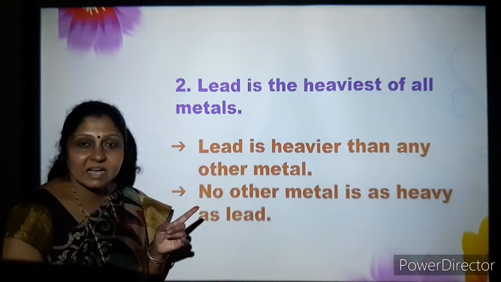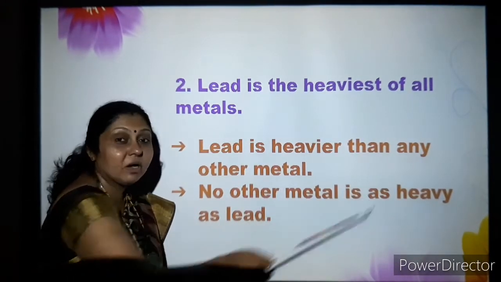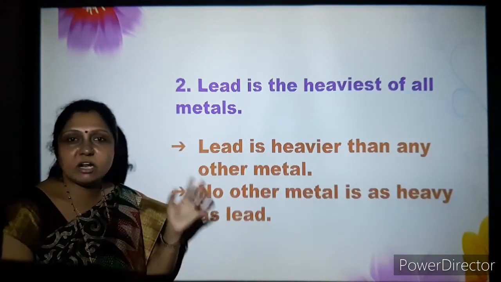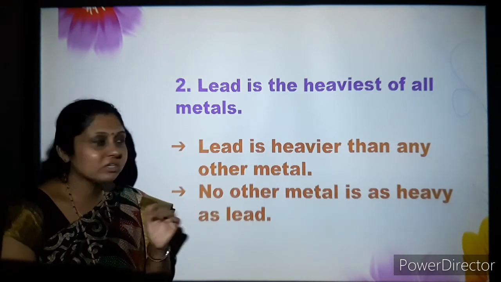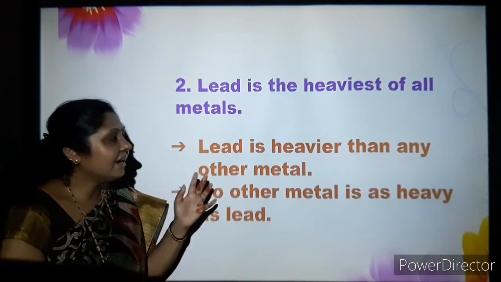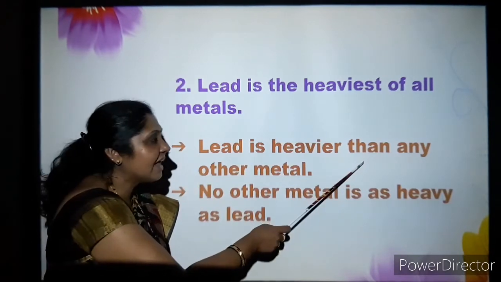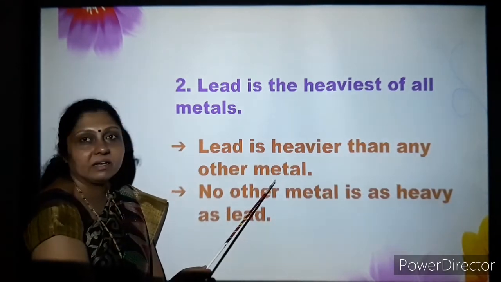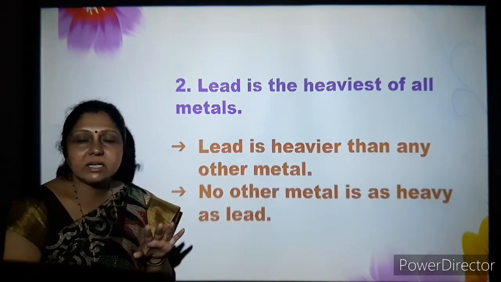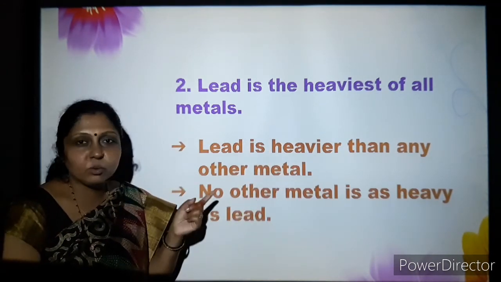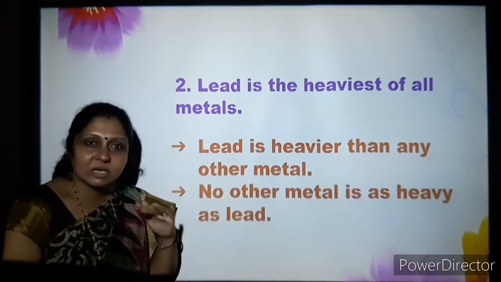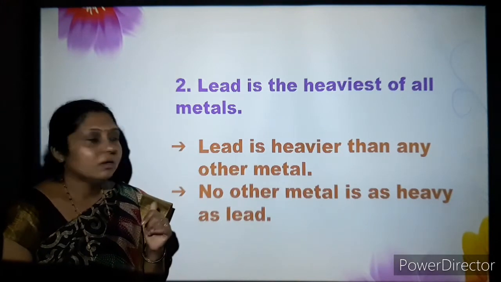In the previous example we had put "most", because there are some other things similar to that. Now there is no metal equal to lead. That's why we are using "than any other metal". This is comparative degree. In comparative degree, keep it in mind, as I gave the clue in the previous one, "than" will be there because you are comparing between two.